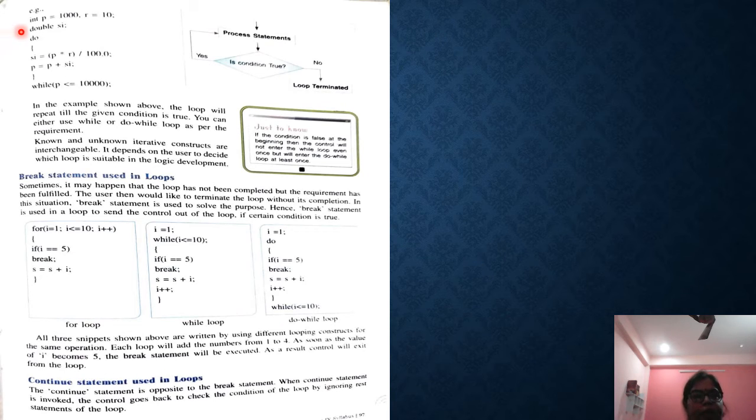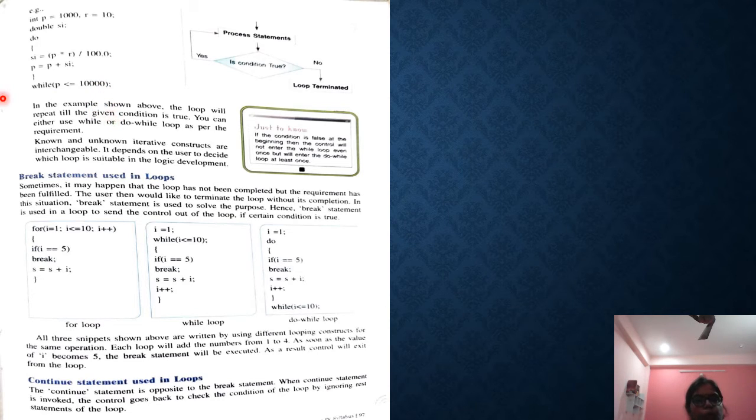See, in this do while, the program is the same as what you have done in the while loop. Initialization is there, p is equal to 1000, and rate r is 10, and see here the simple interest formula. First we have done the function and then while, and pay attention, here the semicolon is there.